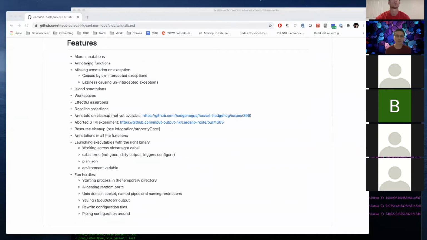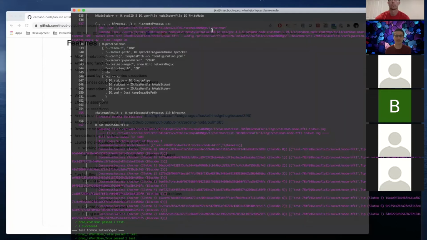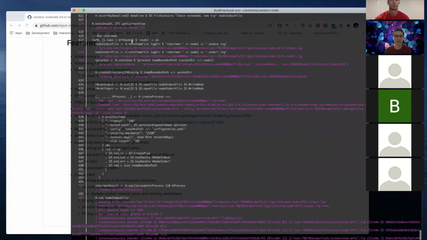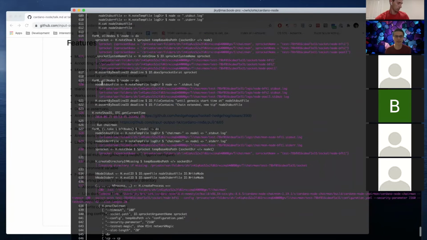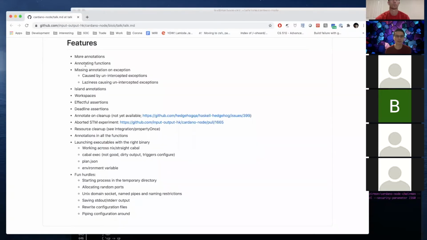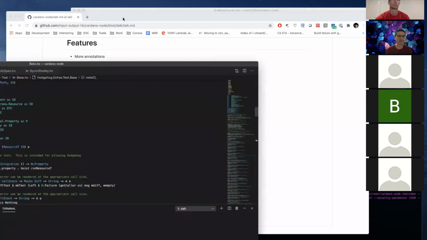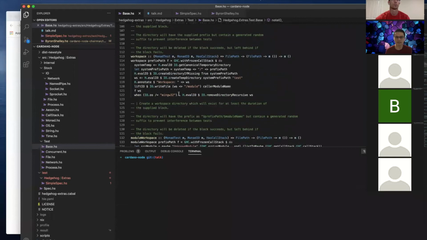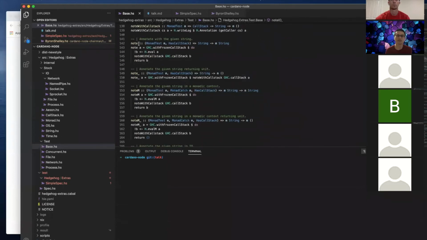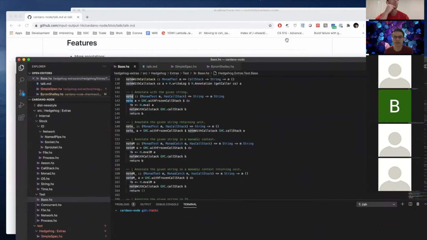So first one, more annotations. You can see, the general idea is that whenever there's something useful, we want it to be annotated. If there's something that happens in the loop, that's okay, because the annotations just get appended like that. And as part of that, I felt like there were some things that would be nice. Hedgehog has an annotation function, which does what I want, except sometimes I want to be able to,